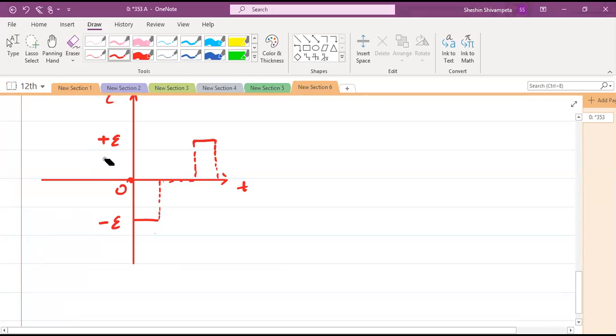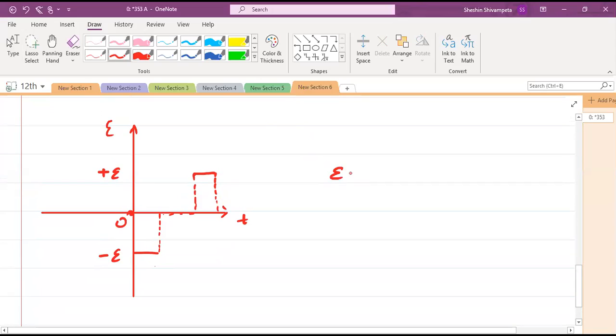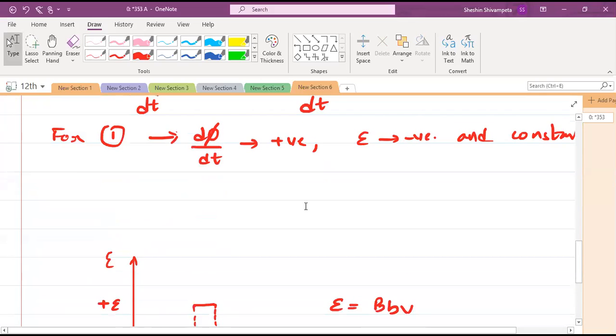ठीक है. और वो भी EMF का वैल्यू कितना होगा यहाँ पे बता दो. EMF का वैल्यू कितना होगा? It will be equal to the capital B small b into v. EMF फ्लक्स नहीं, capital B small b into v, because ultimately यहाँ पे